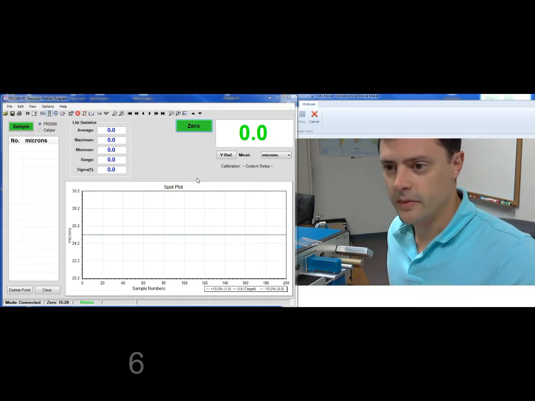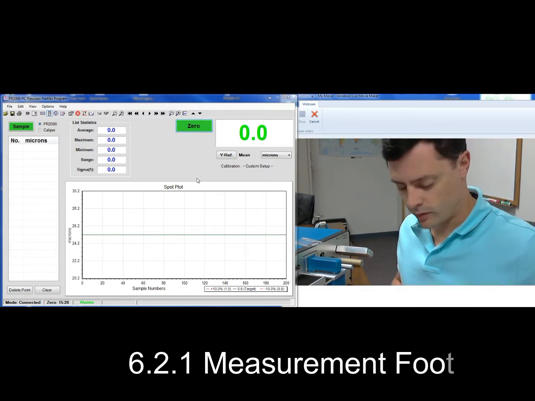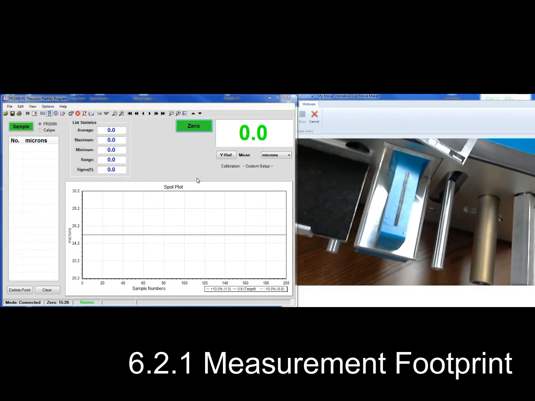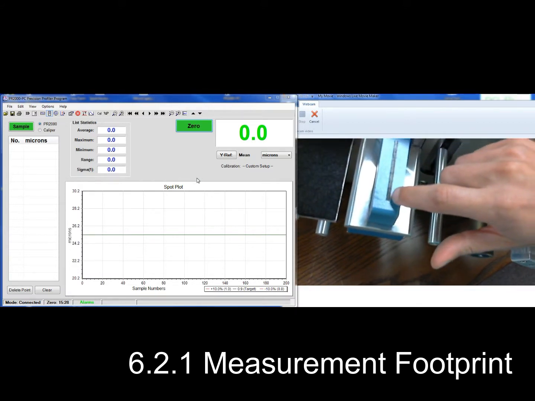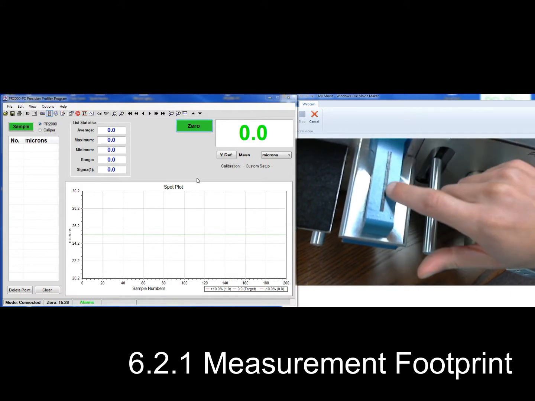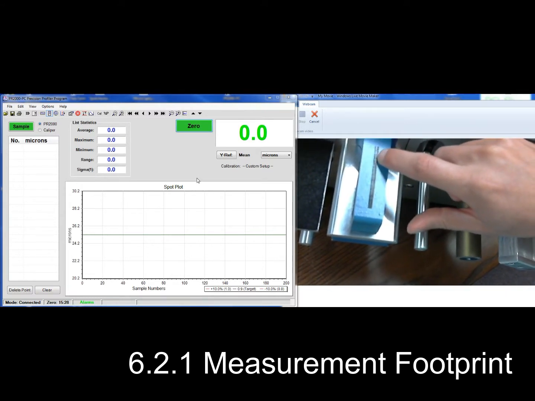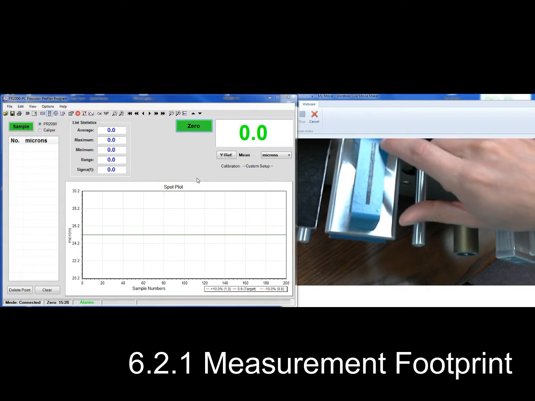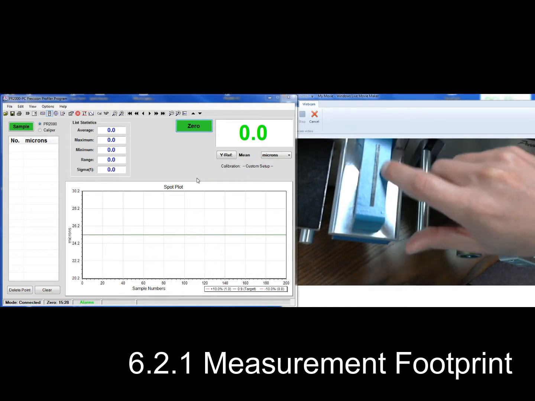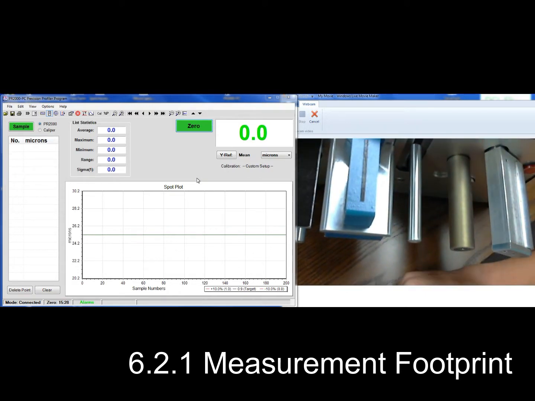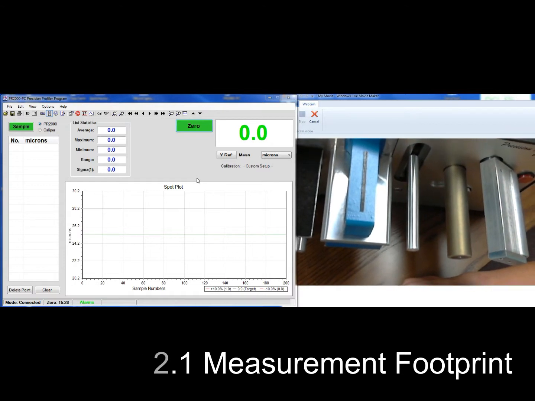Now I'm going to discuss the measurement footprint. This is a device for profiling. This is the measurement footprint. What this says is it should have a 5:1 width to length ratio or greater. Here we can obviously see that the width of the measurement footprint is about 3.2 millimeters, and it's about 57 millimeters long, so it more than meets the 5:1 ratio. So we meet that requirement there for